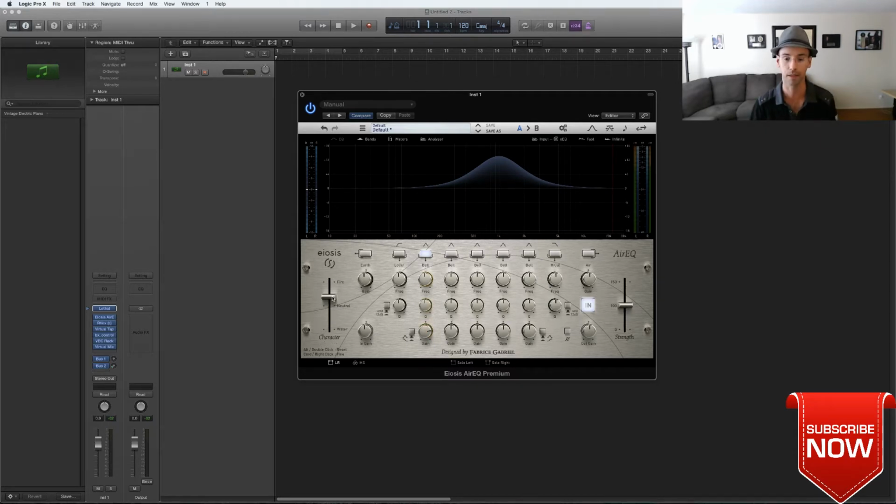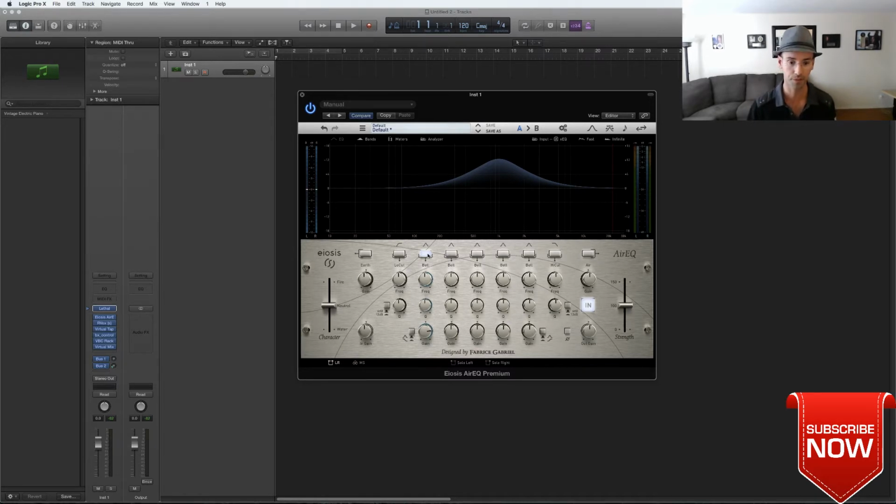You can use it on any instrument, vocals, whatever you want, but it is key to sculpt any sound to make sure it stands out in your mix. So that's huge. That's really, really huge. You could actually do something like that before with regular EQs, but you had to use a bunch of bands to be able to arrive at this. But now you can just do that. So this is something you can play with, okay? So that's one of the things.